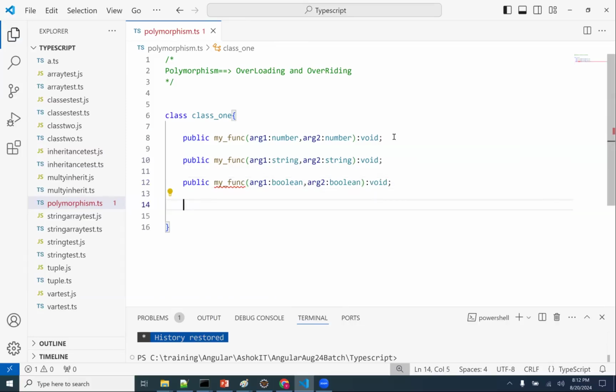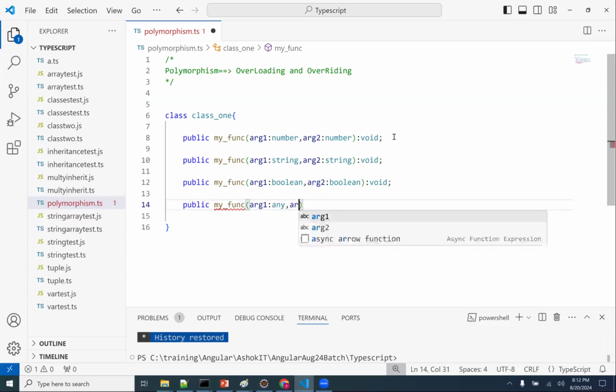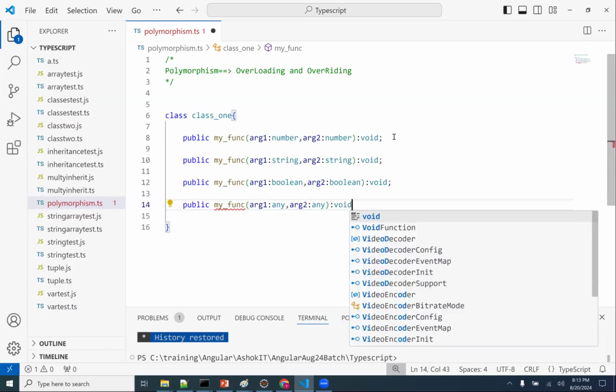So what is it? Same function name with different arguments. One function is having numbers, one function is having strings, another function is having booleans. And the implementation is a common implementation. Public my_function, argument 1 of any, argument 2 of any, which returns void,